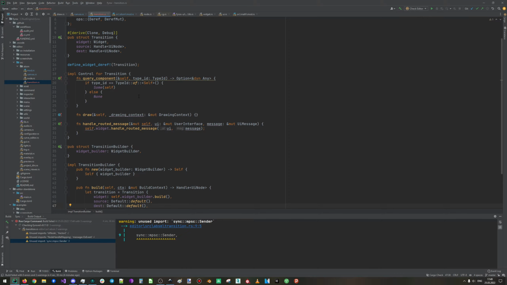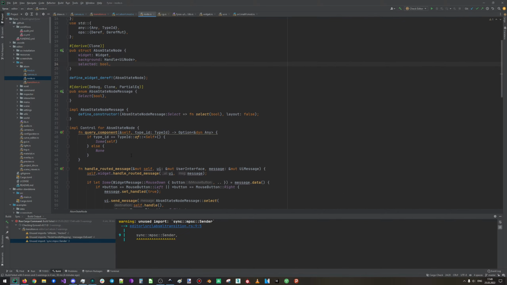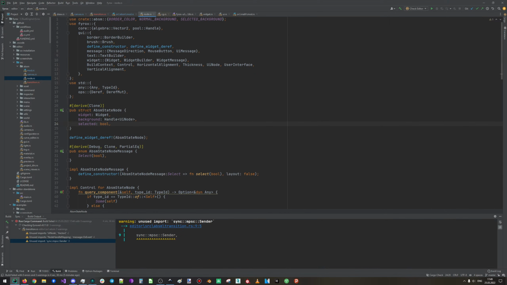And probably that should be some widget inside the node. Also, this is not the final state of the node,